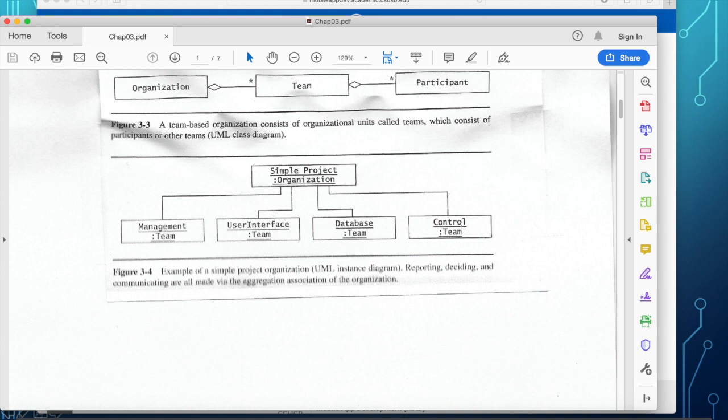So in this project organization, there are several projects that the organization accepts, and this particular team organization provides the management, the user interface, the database team, and control team. So a particular team is not assigned to a specific project, but everybody contributes to the project accepted by the organization.